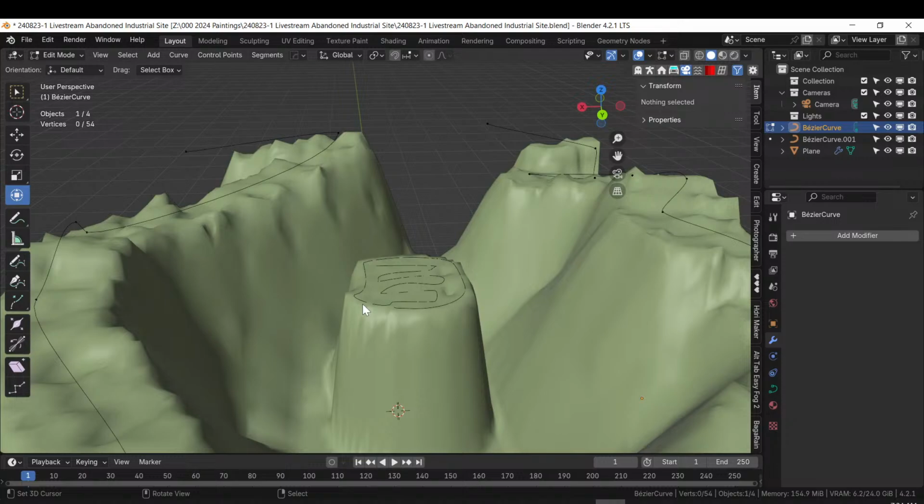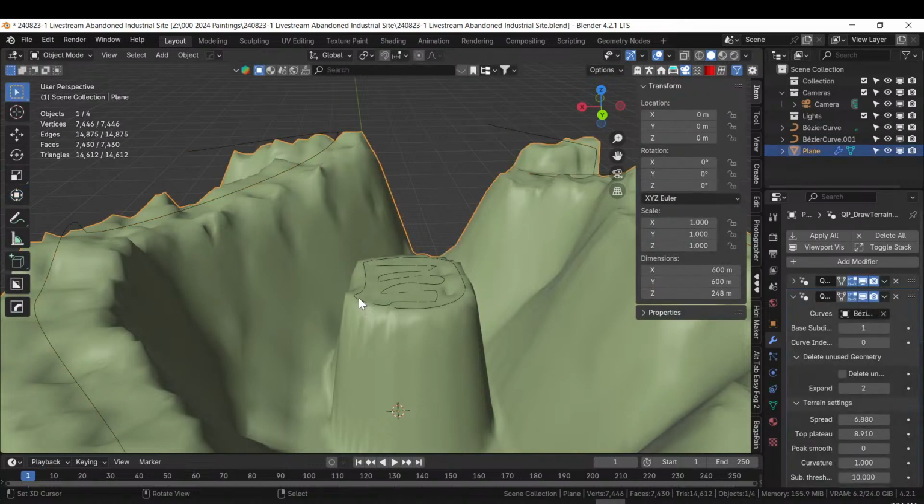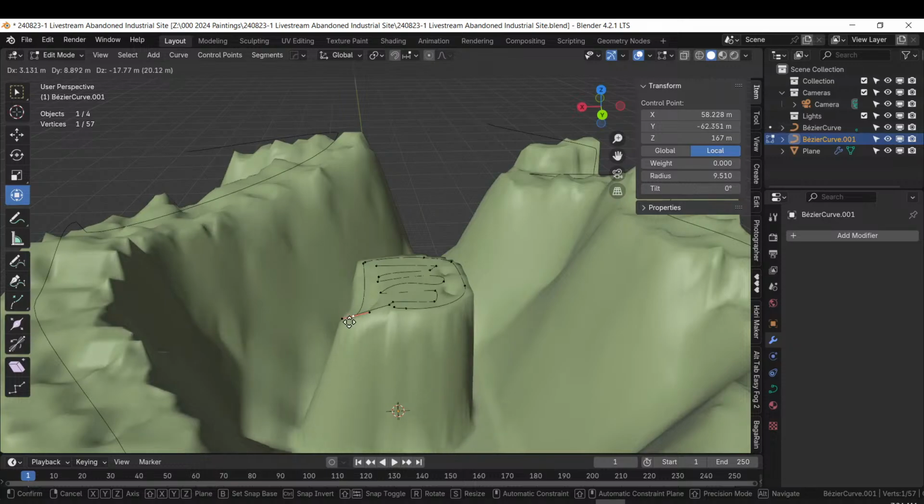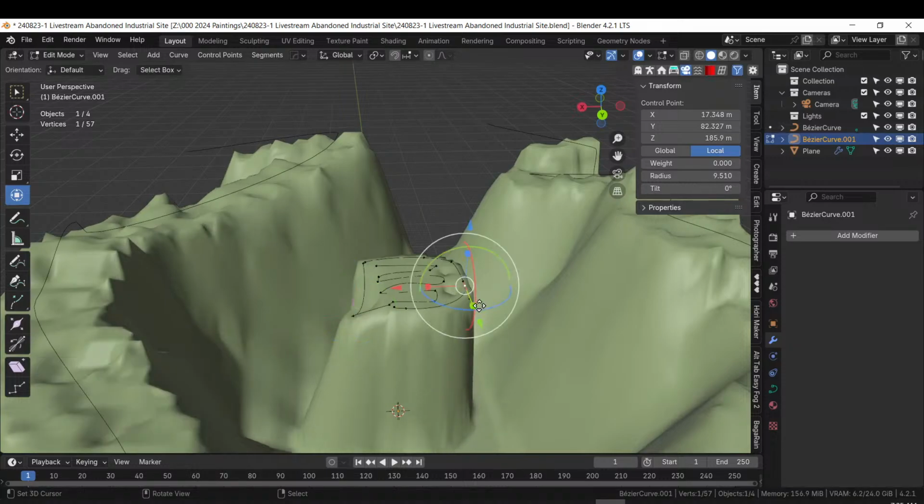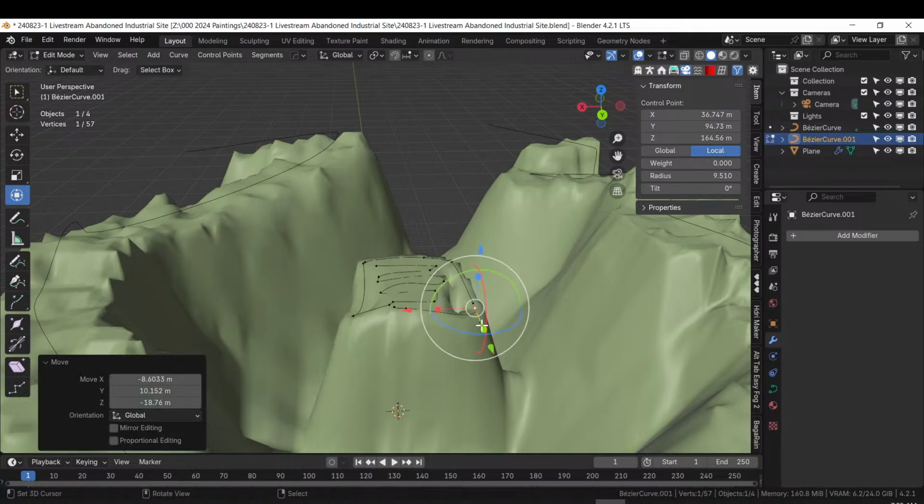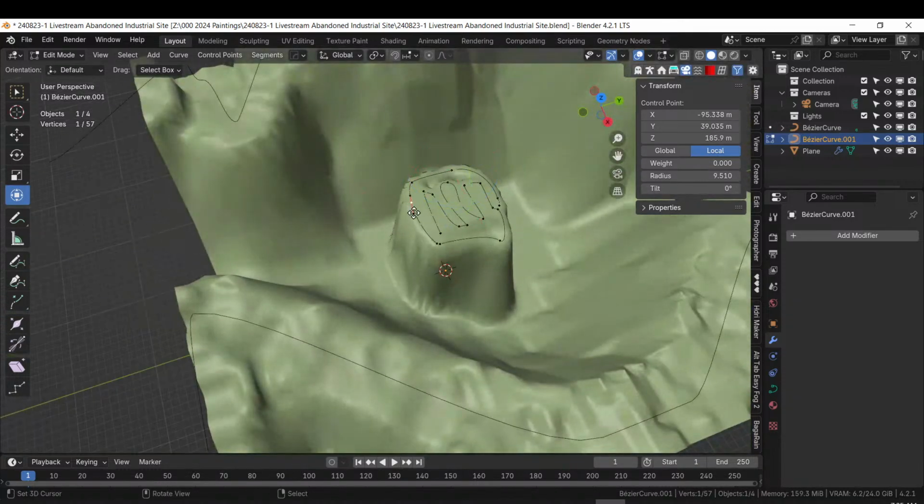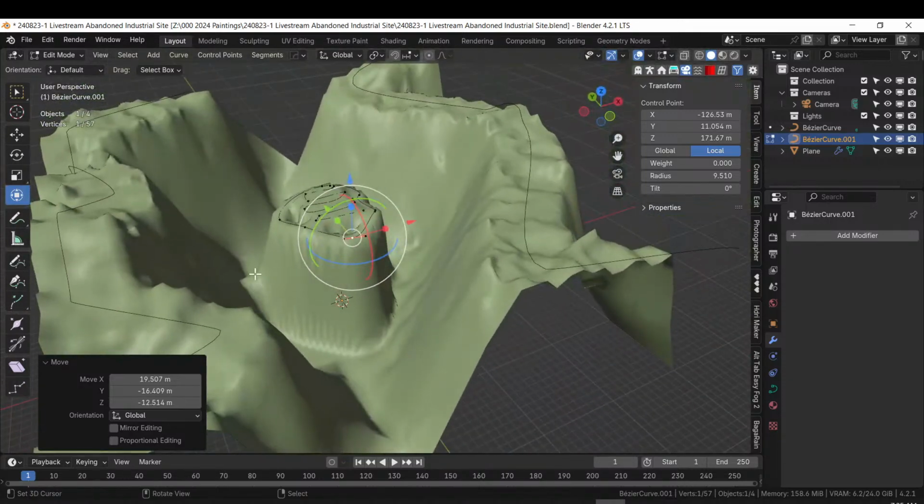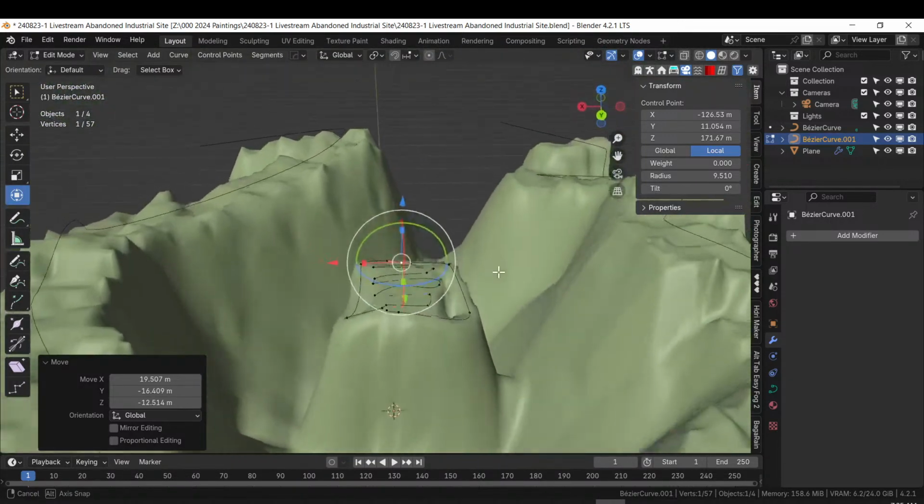Let's just take this, tab, and G, I'm going to just do a little bit of scaling. Yeah, I like that better. Oh, I like that too. That's cool. Okay,